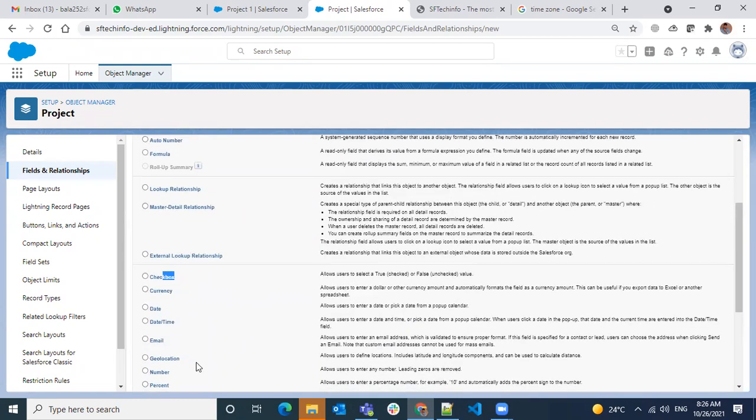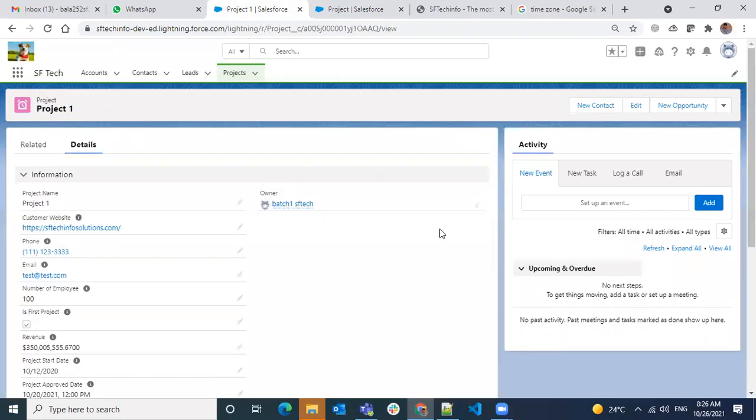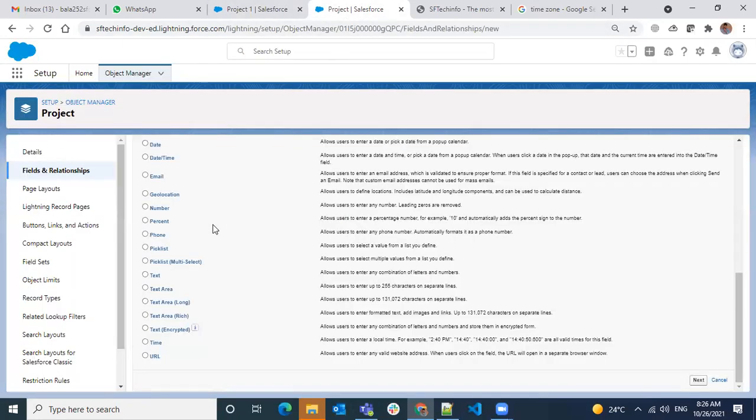Most of them are very simple fields, and most of the configurations, when you create them, are based on the length, or what else we have there: the permissions, if it's required, if it's an external ID, if it is a unique field, and whether it is case sensitive or insensitive.